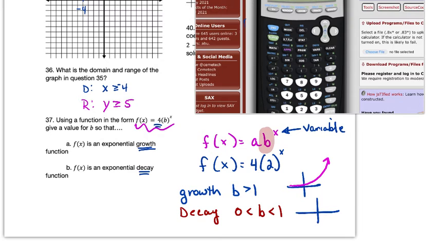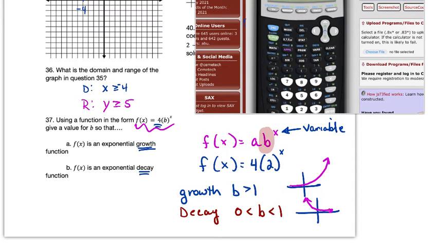And when you have a situation like that, the function starts big, but as it goes on, it gets really small. So it's called a decay function. It gets smaller and smaller and smaller. Okay, so as long as they just want us to write a function or give a value for b,